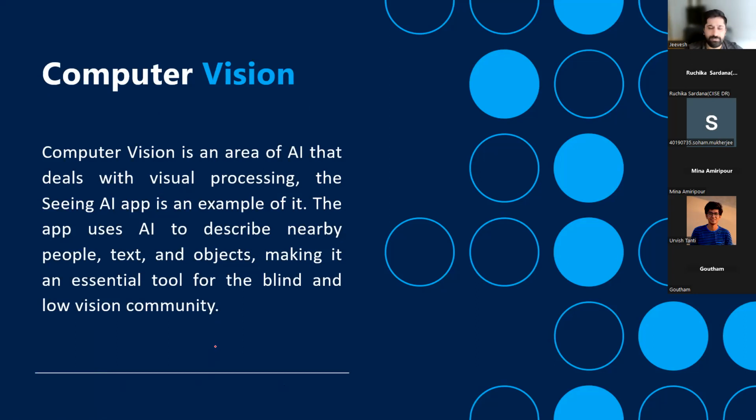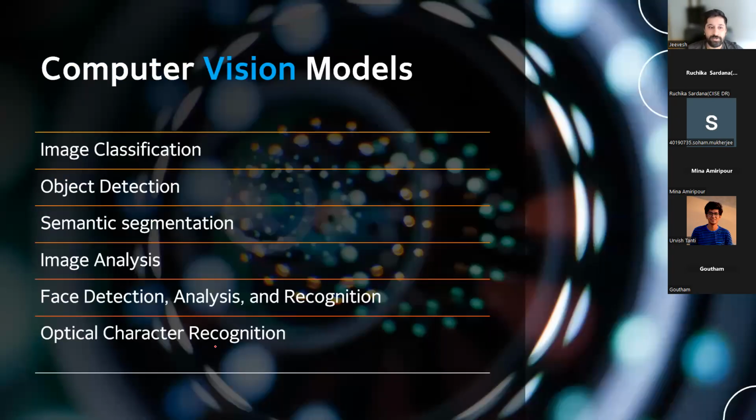There's another thing that has come up these days. I'm getting a lot of advertisements around it. Ray-Ban has got some shades which have a camera in them, and it is able to detect a lot of stuff for you and give you information and that sort of stuff. So that is again computer vision.